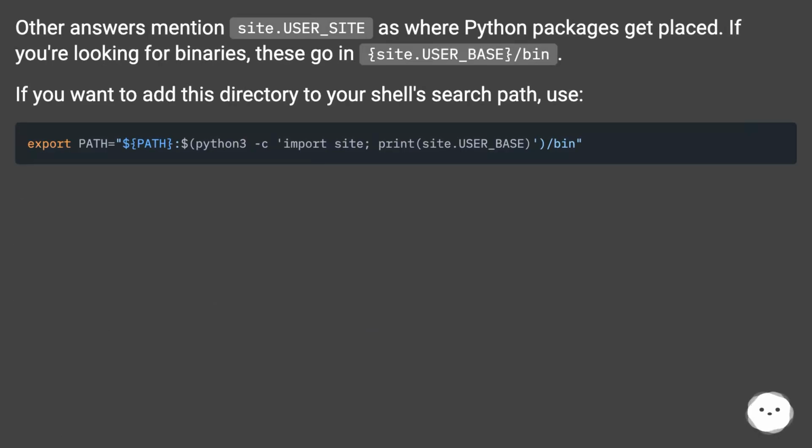Other answers mention site.USER_SITE as where Python packages get placed. If you're looking for binaries, these go in site.USER_BASE/bin. If you want to add this directory to your shell's search path, use